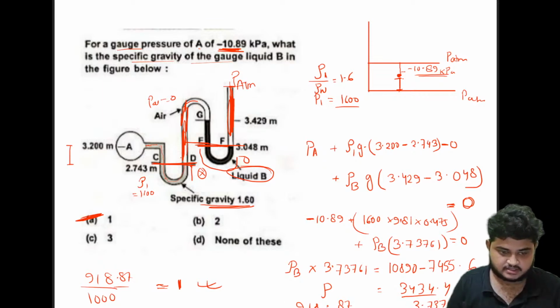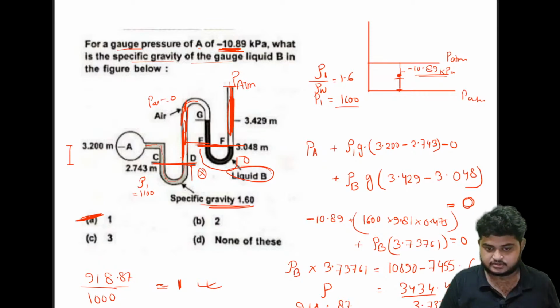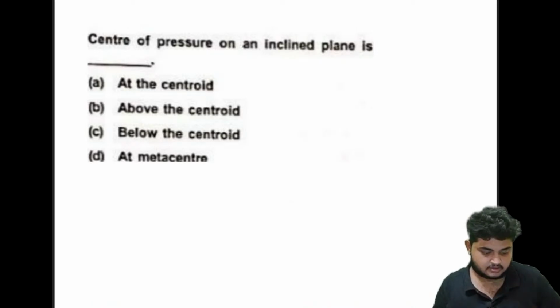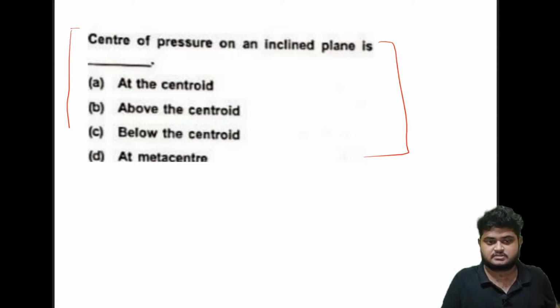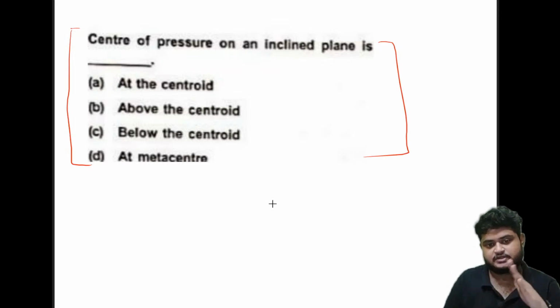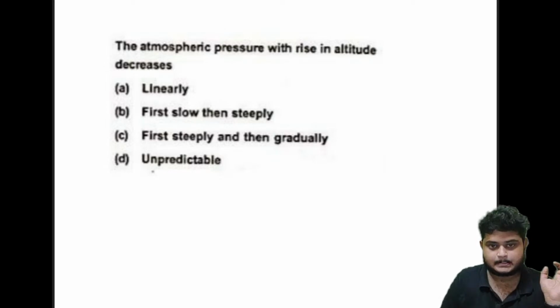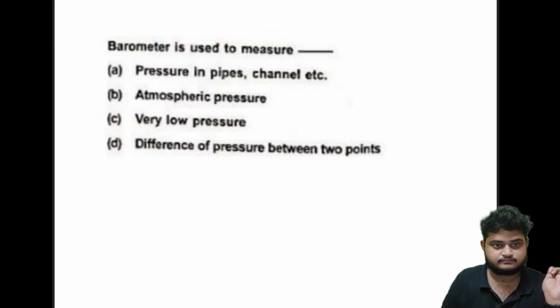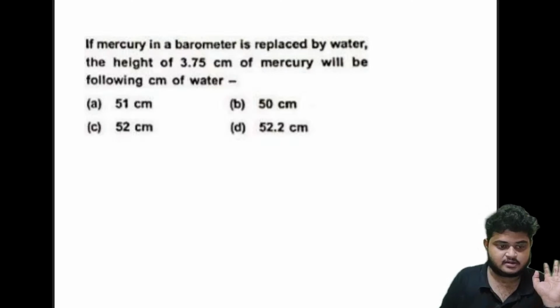ओके। आई होप दिस इज क्लियर, और एक क्वेश्चन देख लेते हैं उसके बाद आज, ओके। तो नेक्स्ट क्वेश्चन क्या है कि सेंटर ऑफ प्रेशर ऑन एन इंक्लाइंड प्लेन, ये आई विल डिस्कस दिस टुमारो, ठीक है। क्योंकि इसके लिए एक और कॉन्सेप्ट बोलना होगा, हाइड्रोस्टैटिक फोर्स का एक कॉन्सेप्ट होता है जो इंक्लाइंड प्लेन में हाइड्रोस्टैटिक फोर्स कैसे वर्क कर रहा है, तो ये आई विल डिस्कस कल। तो ओके देखो, ये बोला है कि बैरोमीटर इज यूज्ड टू मेजर एटमॉस्फेरिक प्रेशर इज द राइट आंसर। बैरोमीटर ये भी कल हम डिस्कस करेंगे बैरोमीटर कैसे आता है, ठीक है।